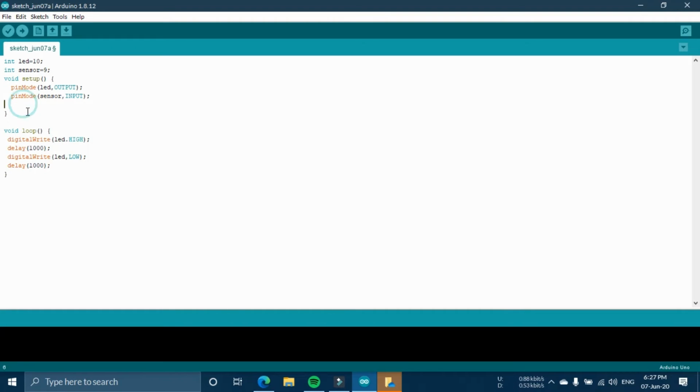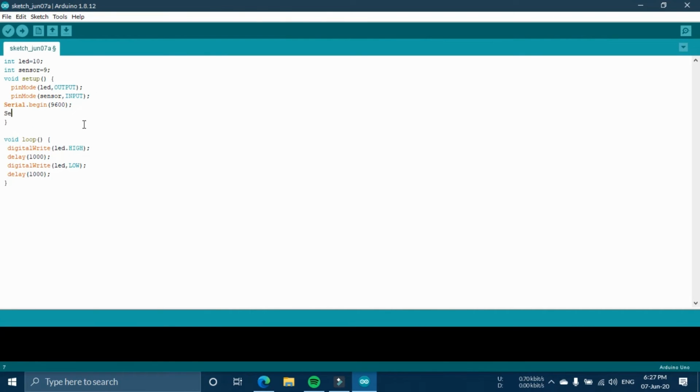If you want something, for example in serial monitors where you want to print something only once, you can do that in void setup. Once again, if you want to write anything on the serial monitor, do Serial.begin and the baud rate you want it in. The basic is 9600.